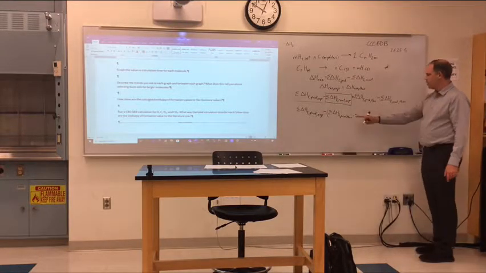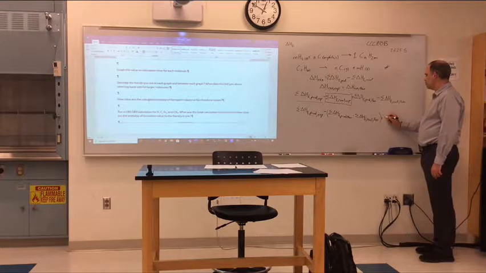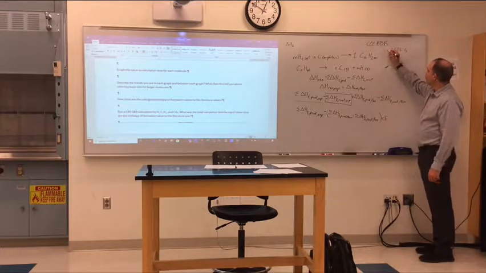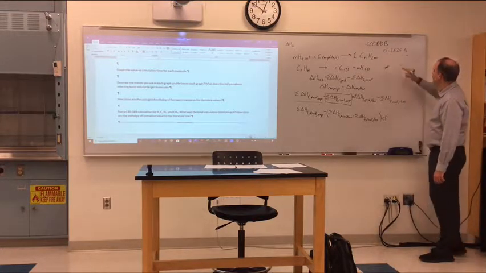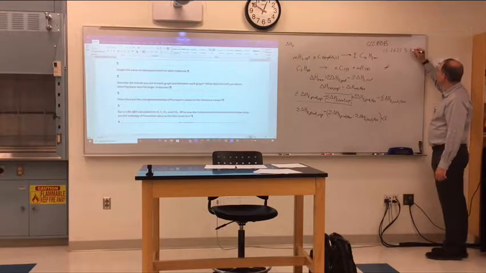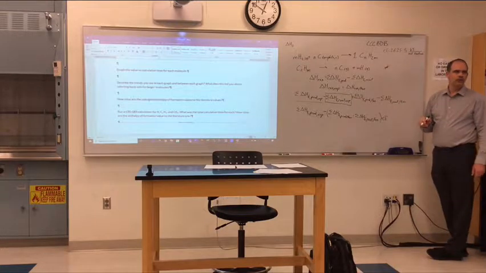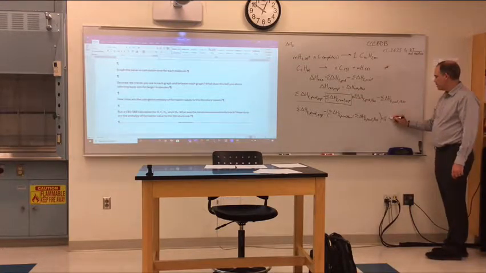Now, because these are in Hartrees, we're going to need to multiply this by our conversion factor, where our conversion factor is 2625, and that converts it into kilojoules per mole. These are currently in Hartree, so the Hartree cancels out, and you get back kilojoules per mole. Okay, that will equal,